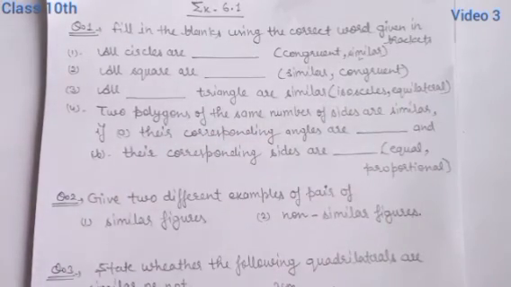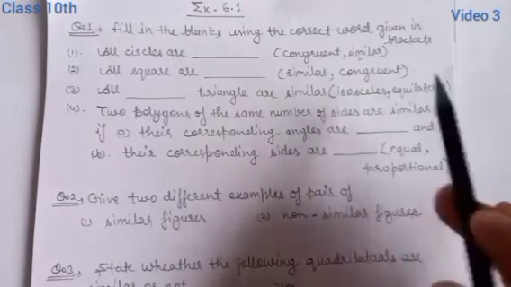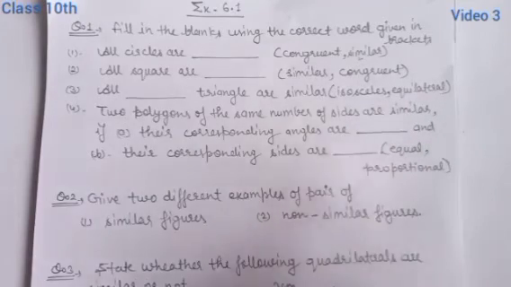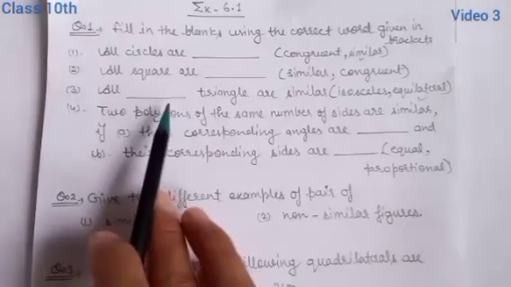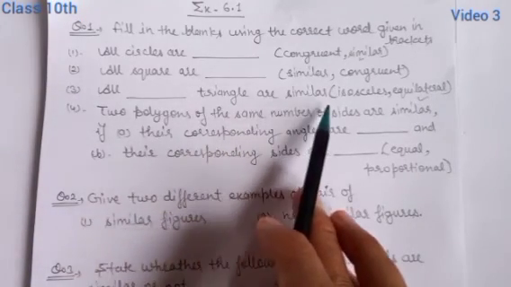Students, it is most important that you know the difference between isosceles and equilateral triangles. As you already studied in your previous class, both are types of triangle. In an isosceles triangle, two sides are of equal length and two angles are also equal, and such a triangle is known as isosceles. And equilateral means all the sides and all the angles are equal. So which of these is said to be similar? Obviously students, equilateral triangles are similar.